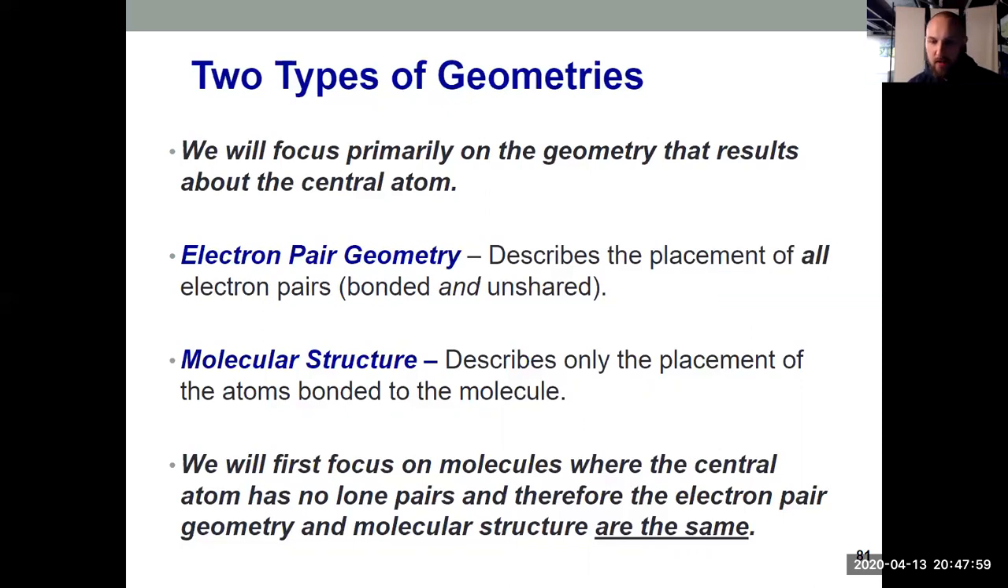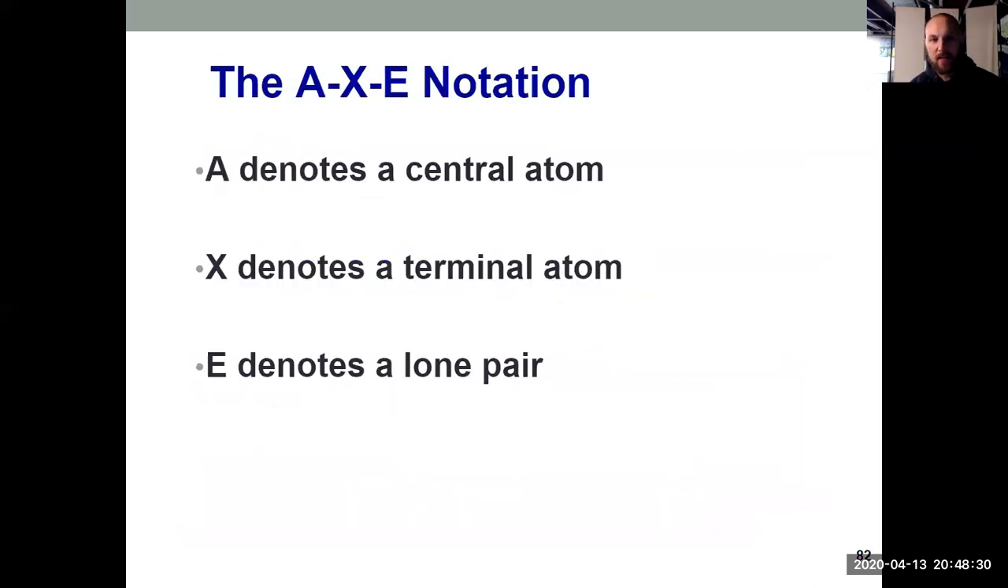Now there is a situation where they'll be the same. If a center atom doesn't have any lone pairs, then there's nothing to be treated differently. So the electron pair geometry and the molecular structure are the same. And that's what we're going to think about first. And the more challenging ones will come after, where our center atom does have lone pairs and they're no longer the same. So to describe electron pair geometries and molecular structures, we'll use something known as the Ax